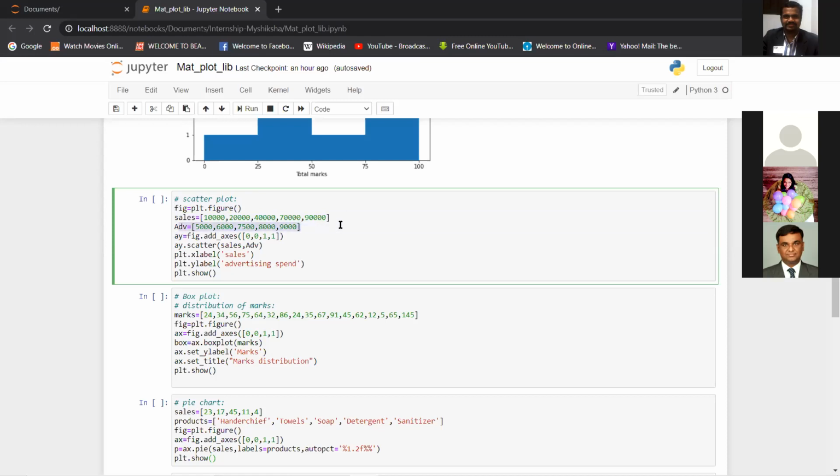Here we have sales data and advertising data in list format, right? Ideally they should be positively correlated. As you go on increasing the advertising, the sales should increase as per the increase in advertising. So this is the basic concept for correlation. What is also important to see here is that this relation is linear in nature, right?